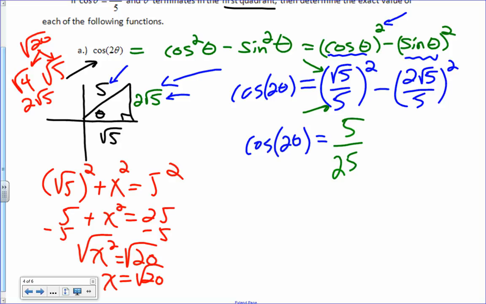Yeah. If you look ahead, we're probably going to get a common denominator without even trying, right? Minus, uh-oh, be careful on this one. What's 2 square root of 5 squared? You got to square the 2, and you got to square the square root of 5. Square root of 5 squared is 5. 2 squared is 4, so 20 over